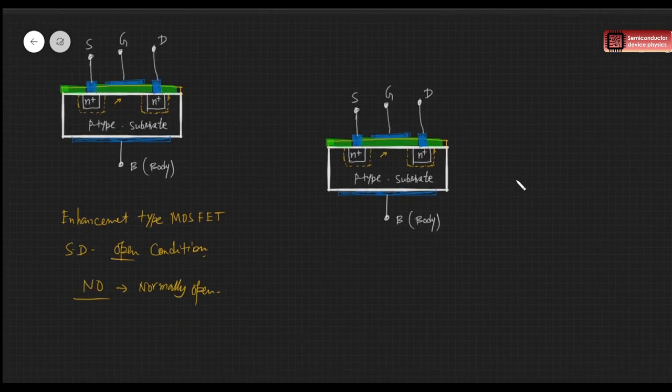So in the other type of MOSFET, while creating the MOSFET, we implant some ions so that in between the source and drain region we make it N type. We make a channel, basically. So instead of